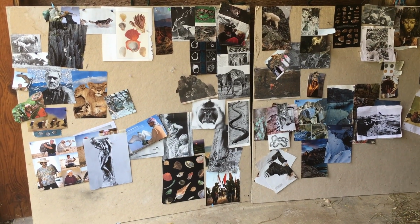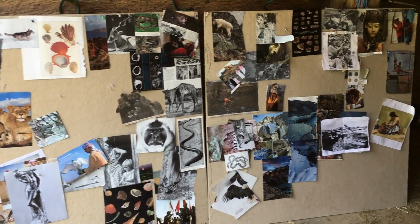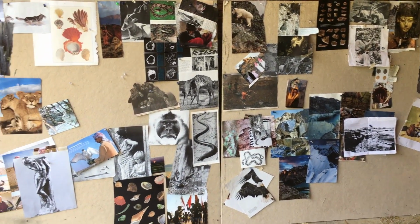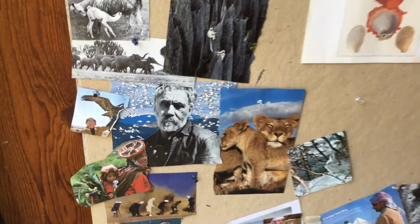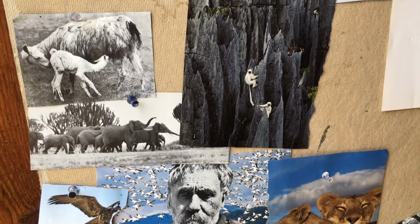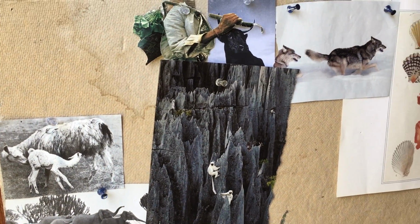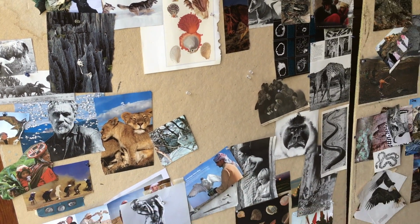As you begin to make a collage, consider collecting images that are really intriguing to you. And then you can have a library to sift through to find connections that grab your attention. Start cutting things out. You can use an X-Acto or scissors, and you can use tape or glue to paste